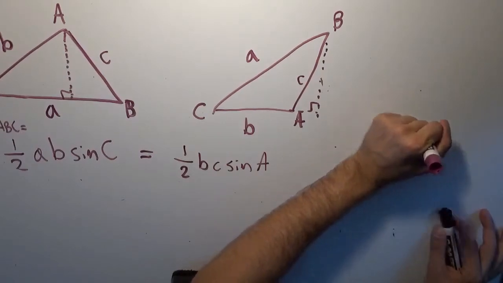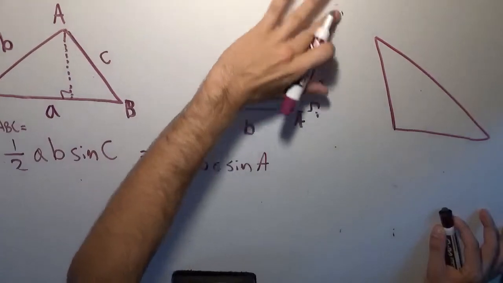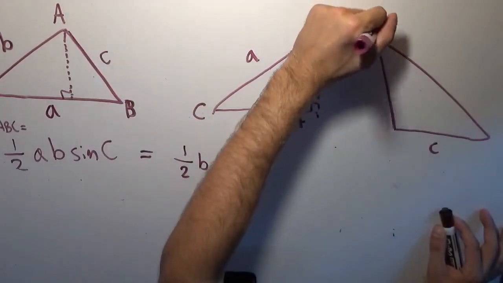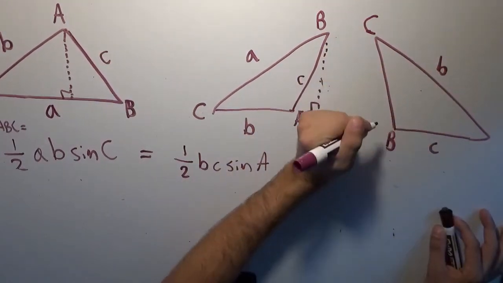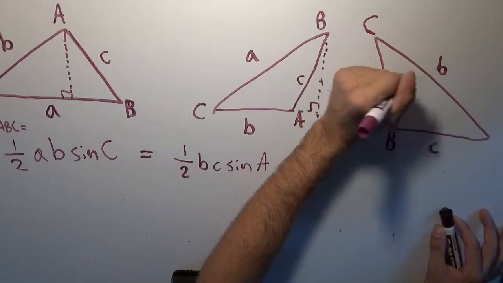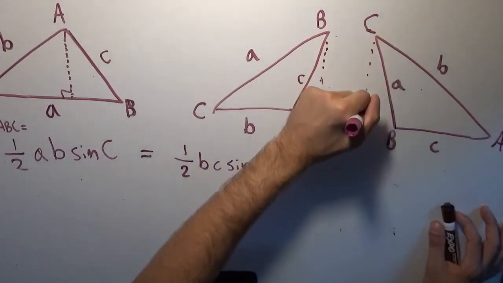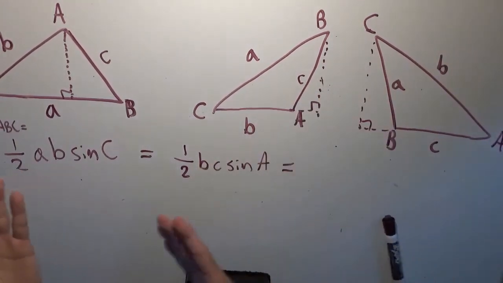So we have the base c, and I'll just move that over a little bit. So this will be little c, this will be the angle big C, this will be little b, this will be capital B, this will be little a, this will be big A, right? So we want to find the height of the triangle again. This creates another right angle, and so the area is again the same because these are all the same